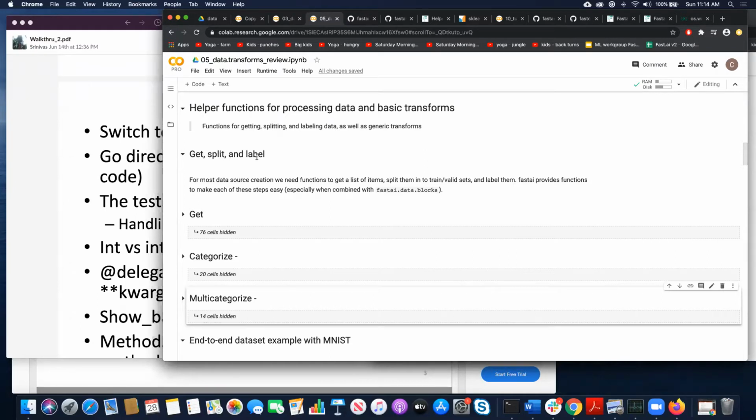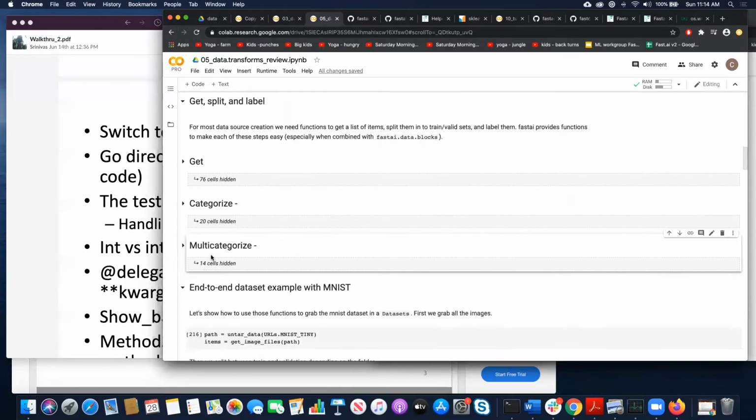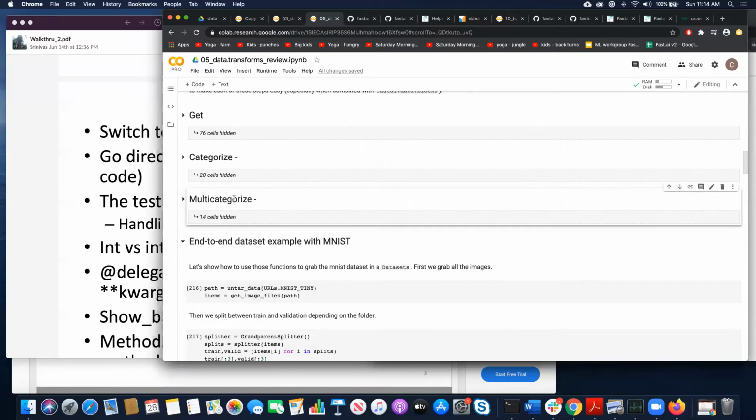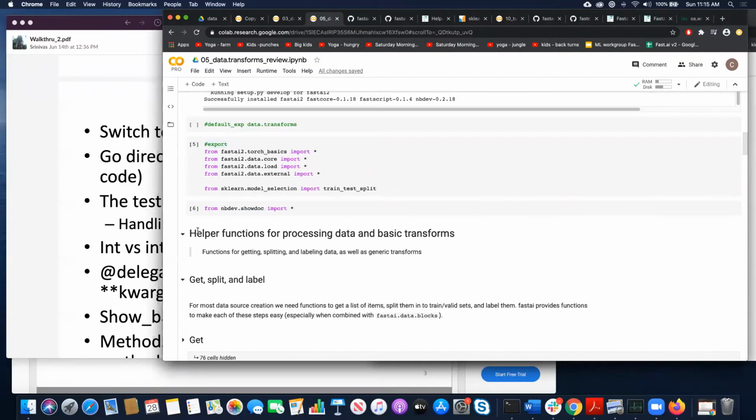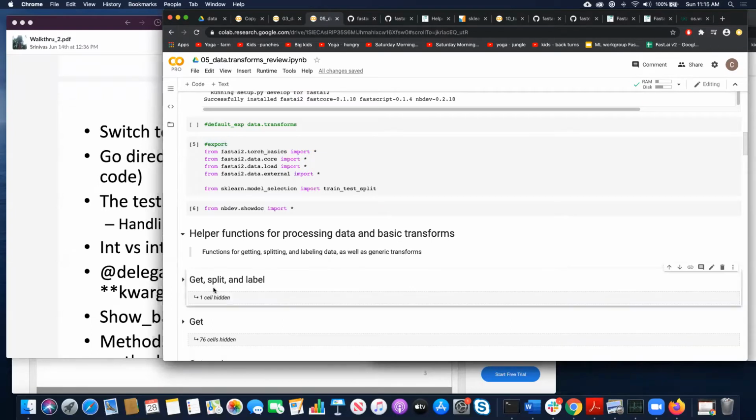Again, how do we get the label? The label could come from the file name, in the case of images, the example that we have seen, and any other ways of doing it. How do we create a simple class, Categorize, and then the transform Categorize that we saw, we're going to use again to get the Y in our models. In the cases where we have multiple labels, there's a simple example with MNIST. Okay. So when we're starting here,